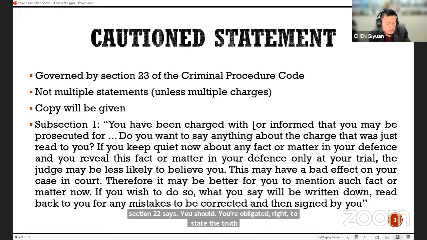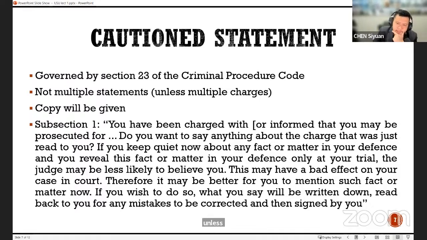Some of you may then be thinking, why is it so important that the accused must raise a defense now? Earlier, I already talked about how one of the consequences is that if you change your mind, there could be adverse inference, and secondly, you're committing yourself to a higher standard of proof. But what is the real reason that this caution exists? And the real reason, according to the Singapore courts that have interpreted this provision, is that they don't want the prosecution to be caught by surprise. So if you're going to raise a defense, raise it early so that the prosecution can decide, are they going to proceed? They don't want to be surprised at trial.